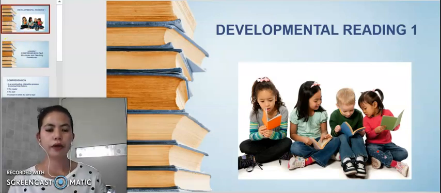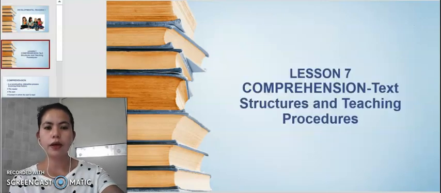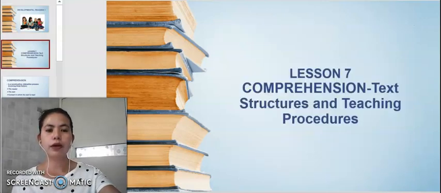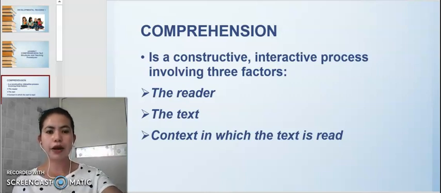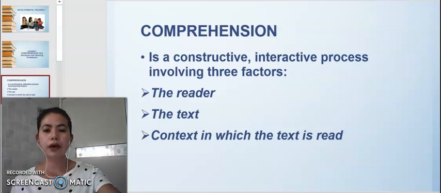Hi everyone, I'm going to discuss Lesson 7 in Developmental Reading 1, which is comprehension, text structures, and teaching procedures. And what is comprehension? It is a constructive, interactive process involving three factors: the reader, the text, and the context in which the text